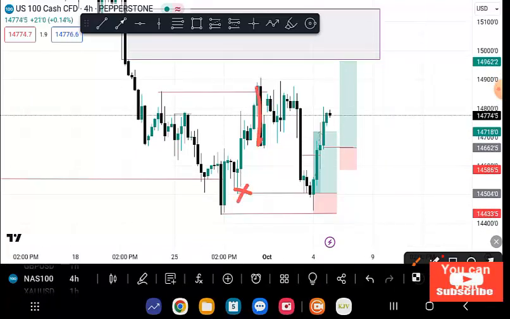So you see price rallied all the way down, took it out. My stop loss was here, and boom. All right, I am actually aiming for that high to get taken out and then up to the fair value